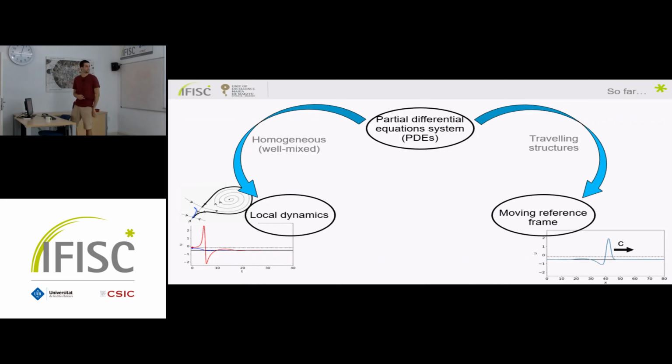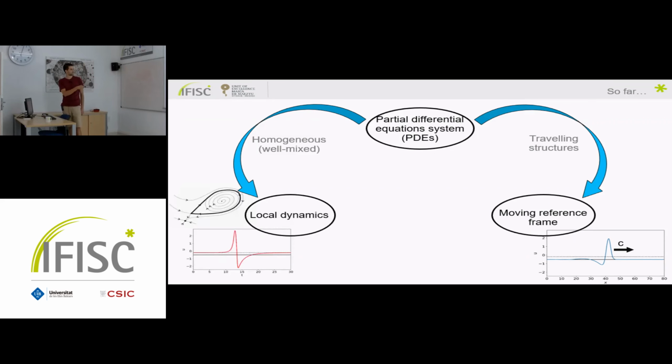And what we want to do now is to connect these kinds of solutions with the local excitability. Well, exactly with the bifurcation that generates it, the homoclinic bifurcation. As I told you before, in the moving reference system, the pulses are homoclinic connections. So, yeah, it seems that this is going to be the way to connect these two things. But there are two problems. First of all, this homoclinic connection is a homoclinic connection of the rest state, this point down. While this homoclinic bifurcation here, the one that generates the local excitability, is a bifurcation of the saddle, that is this point on the top.